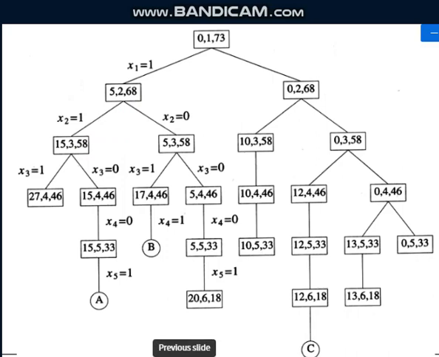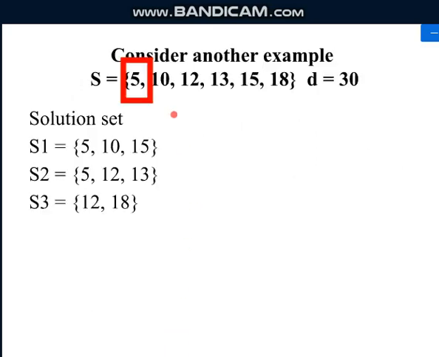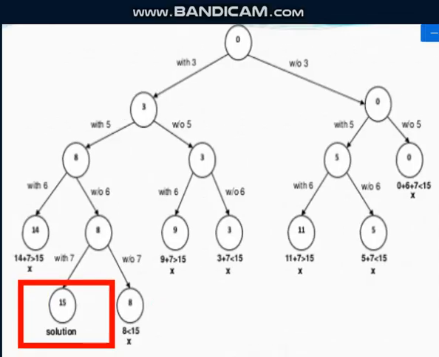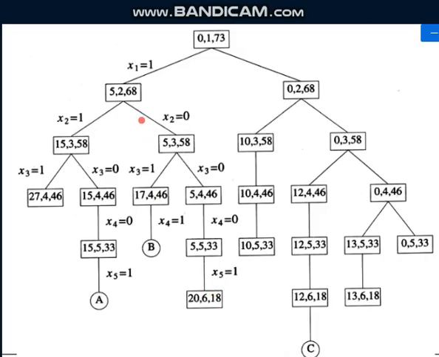Now let us try to include the next element. What is the next element? Next element is 10. So now let me try including 10. If I include 10, what will be the sum? Sum will be 15. 5 plus 10 is 15. Now let us assume about the third one, the remaining sum of all the elements excluding that 5 and 10. It is nothing but 58. So now let us try including the third element.